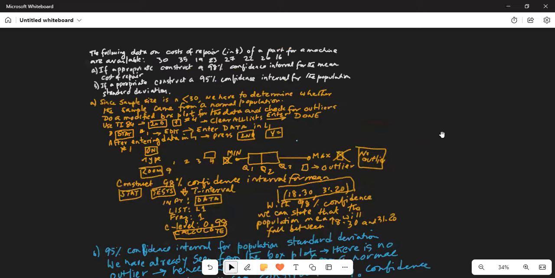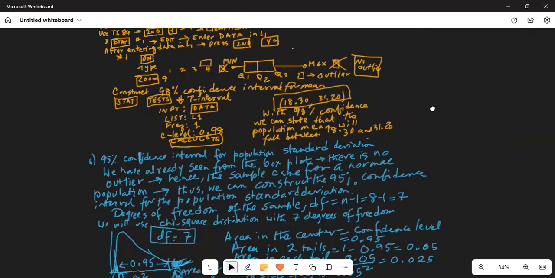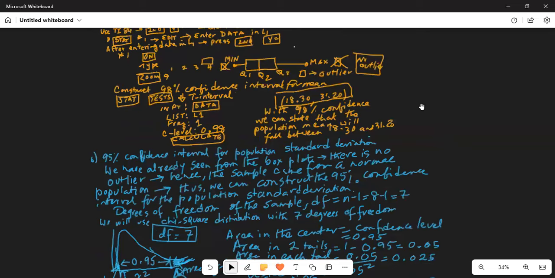Now, in the second part, they said, if appropriate, construct a 95% confidence interval for the population standard deviation. Why did they say if appropriate? Again, because the sample size is 8, which is much less than 30, we had to prove that the sample came from a normal population, which we already did as part of part A of the problem. Okay, so we did a modified box plot and there was no outlier. And the sample came from a normal population, thus we can construct the 95% confidence interval for the population